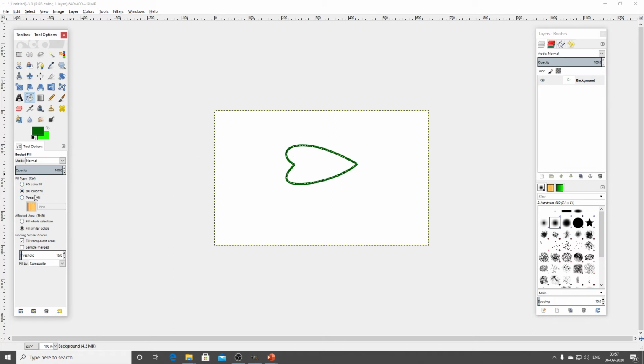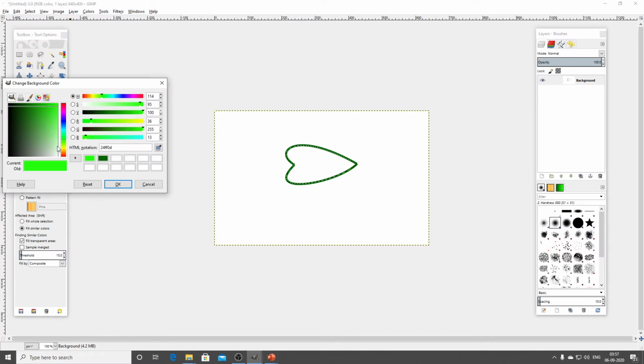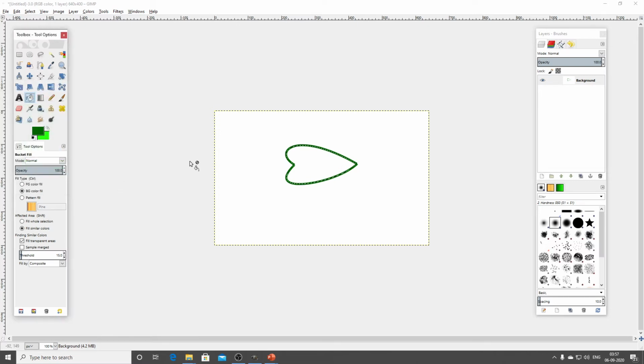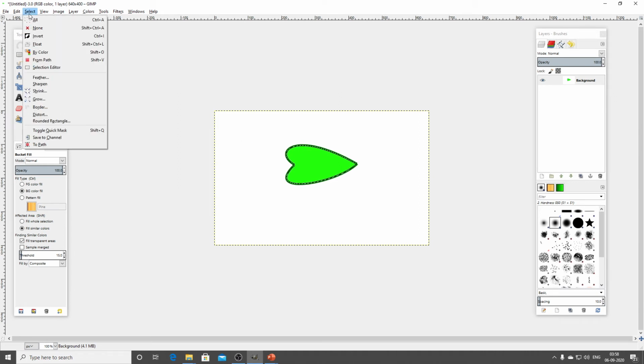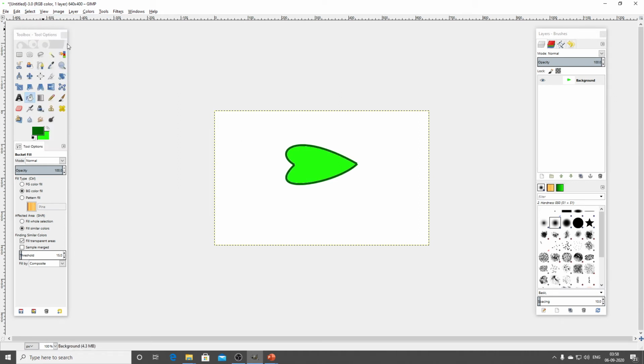Otherwise the next option is the BG color fill option. Light green is already available here. I just click it. So these are the steps to draw a leaf with the help of the path tool, how to change the foreground color and the background color, that is, how to fill the shape with a particular color. Then go to Select None.